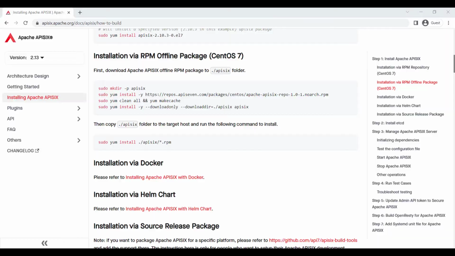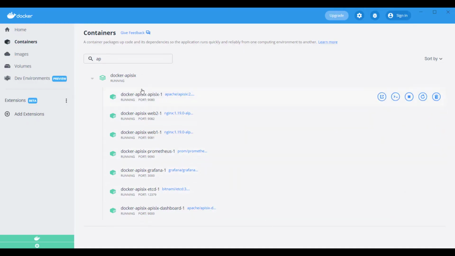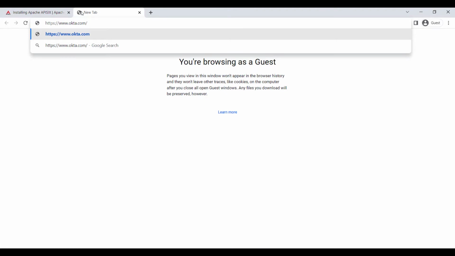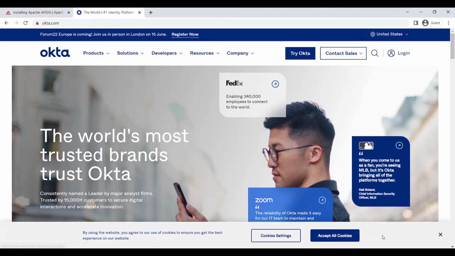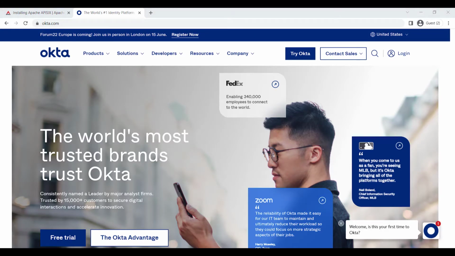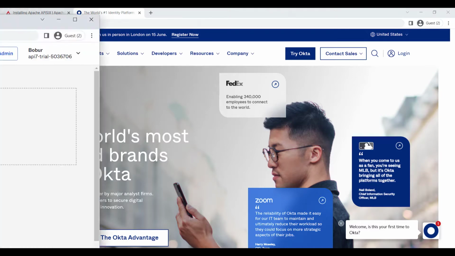As you can see on the Docker Desktop, I have the Docker APISIX container up and running with all the necessary packages inside. Secondly, I assume that you have an Okta account. If you go to the official website of Okta, you can create an Okta account and maybe experiment with a free trial and check if you have access to your admin account,